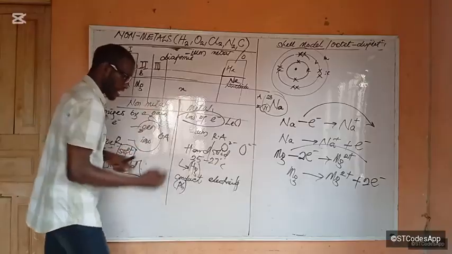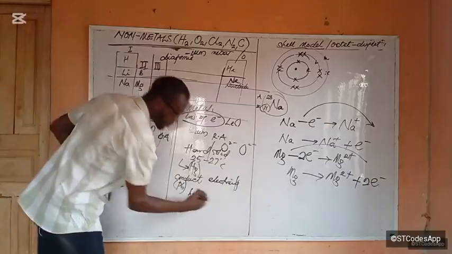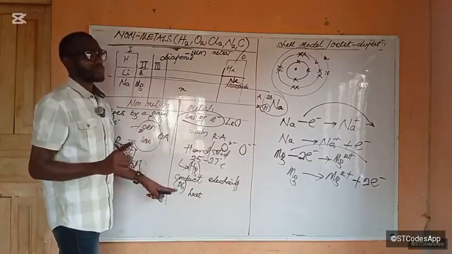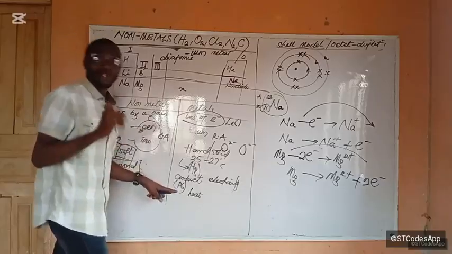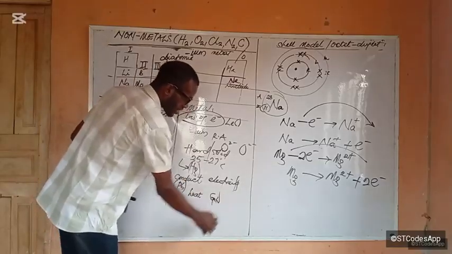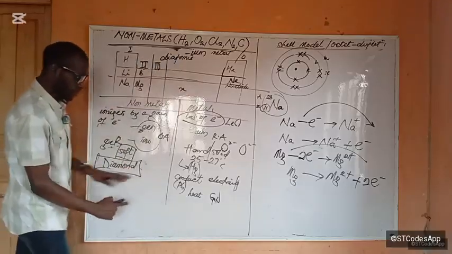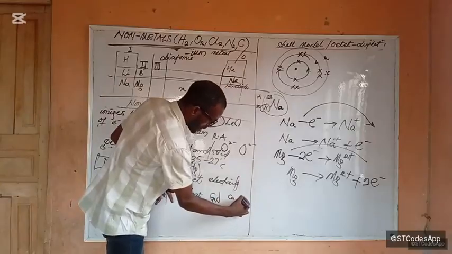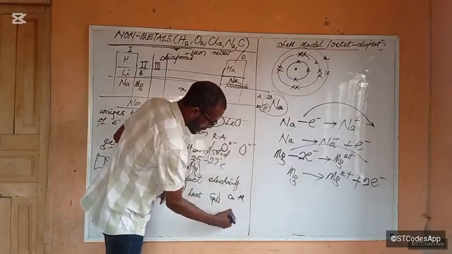That's metals. They are good conductors of heat, except this same lead and gold is not a good conductor of heat. But the remaining, in fact, the best conductors of heat are copper and aluminum and